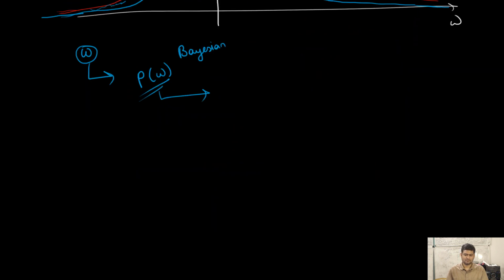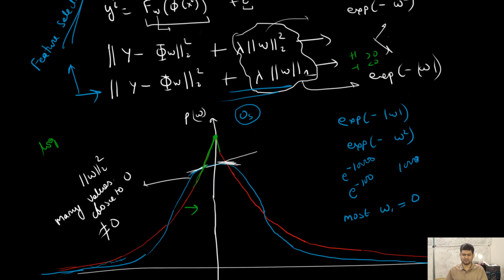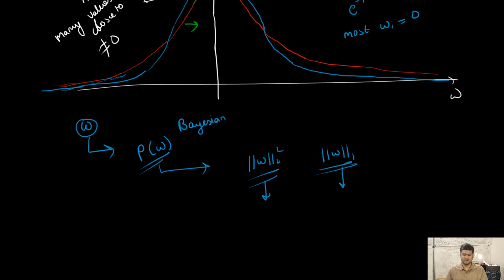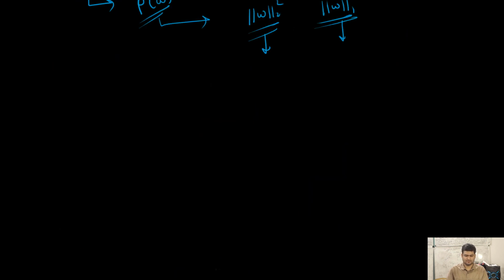So by having L2 norm regularization and L1 norm regularization, we regulate the values of W, we draw them close to zero. L1 norm will have an effect of most of the values being exactly zero, whereas L2 norm will have an effect that most of the values will be very close to zero, but they will not be exactly zero, right? And now, since we have formulated these optimization problems, that is L2 norm regularized least squares,